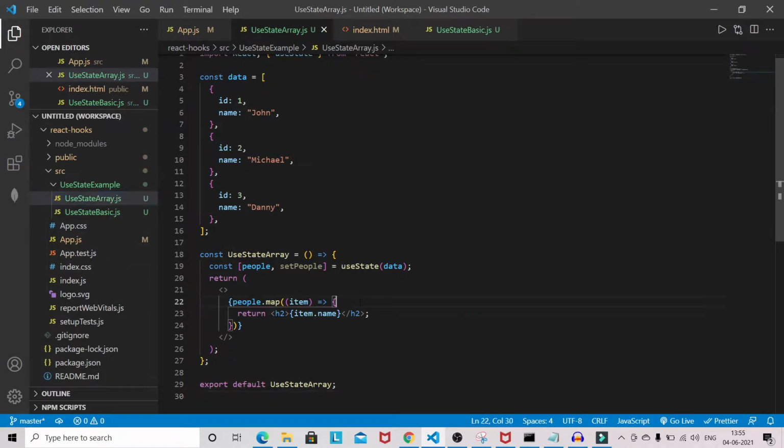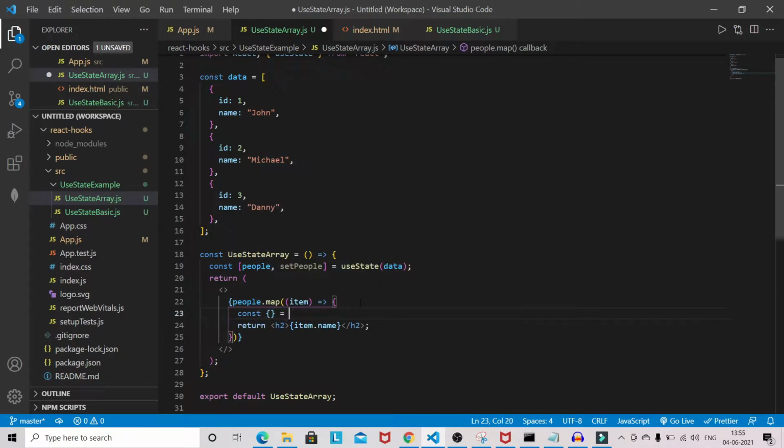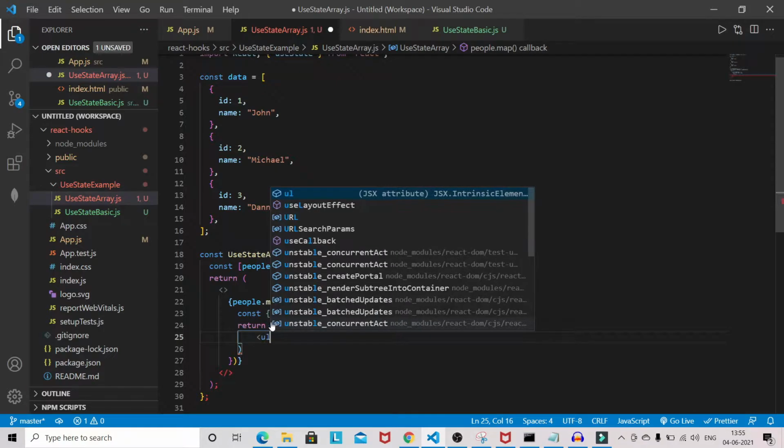Now come to this useStateArray. I will first destructure id and name from item, so we can destructure like this, and I will remove this one. I will use a Bootstrap class here.